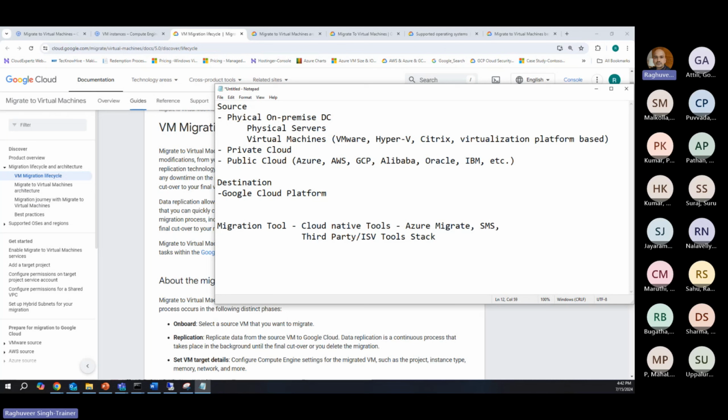In Google Cloud, the service that we use for migration is known as Migrate to Virtual Machines. In short, we call it M2VM. That's the service that we use in Google Cloud. Then comes the third-party solutions. There are many. So you have PlateSpin, Zerto,